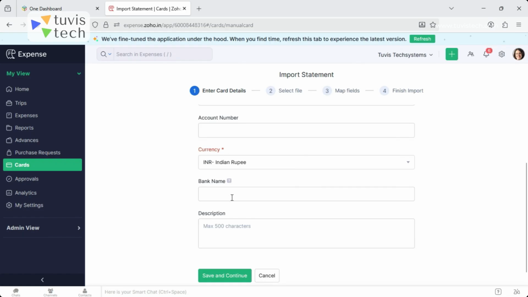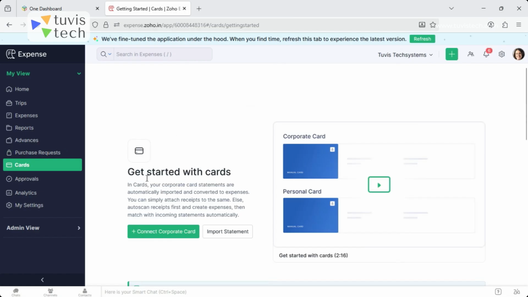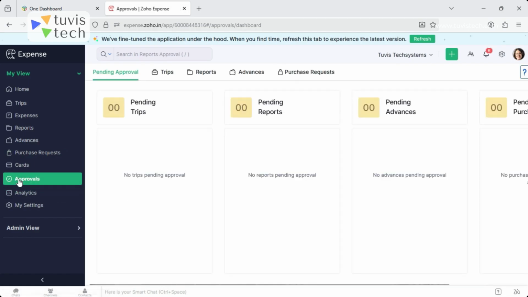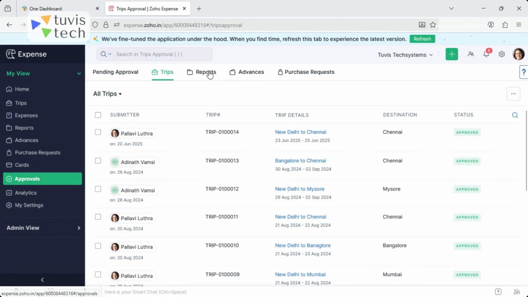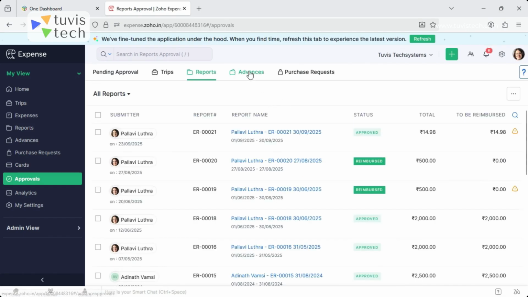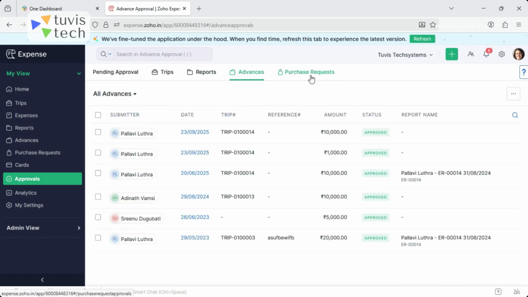If the bank is not listed in the card sections, you can always add that bank from here and save and continue. If you are an approver inside Zoho Expense, then you can have an approval tab here where you can check all the approvals here, your trips approvals, your reports approvals, and your advances approval statuses of your approvals